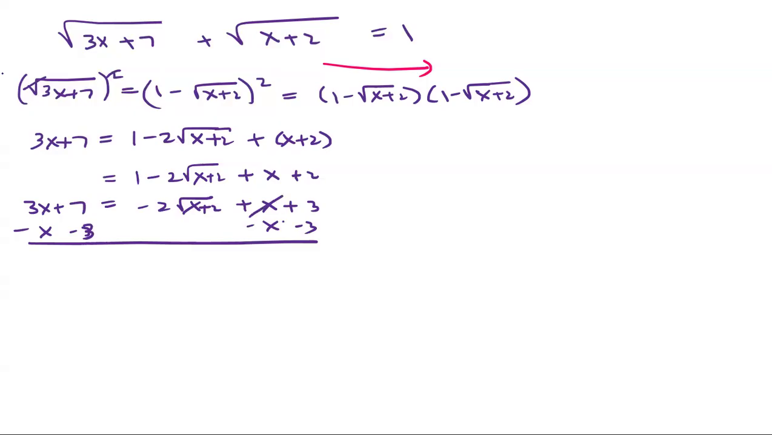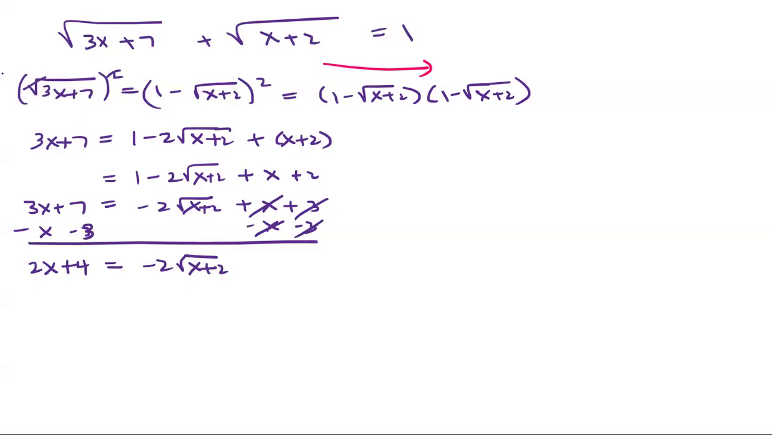Okay. So the x's cancel and the 3's cancel here. And then we have 2x plus 4 equals -2 times the square root of x plus 2. Okay. Now, what we can do here is